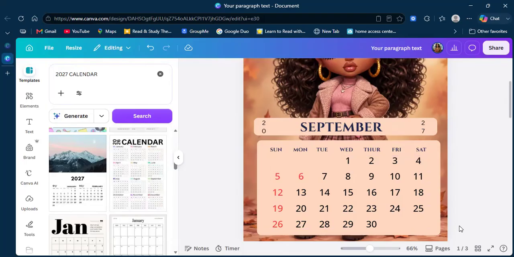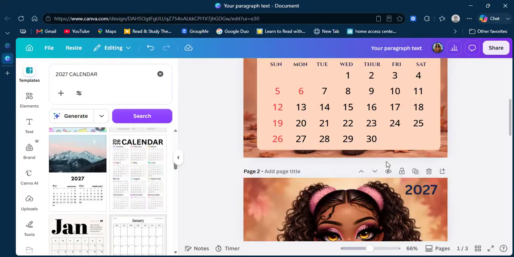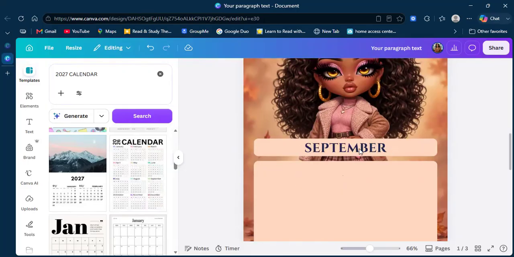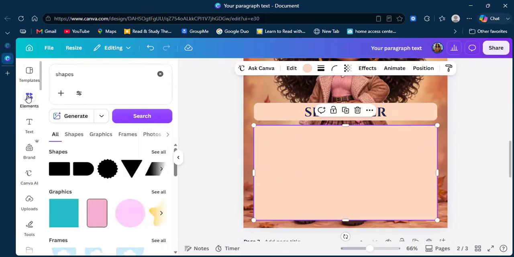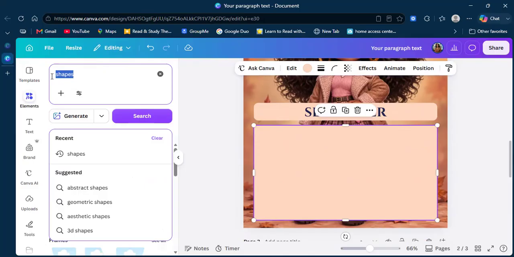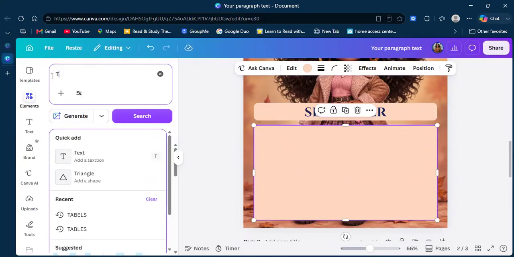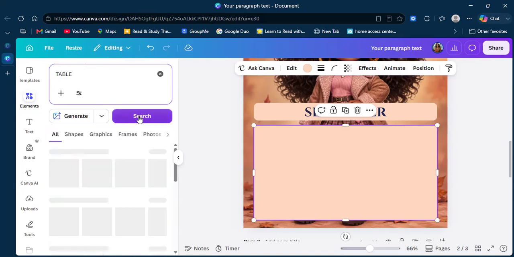So you will click on it, and then we'll go back to elements, and let's do, I think it's table. Search. Okay, so we can take this first one, right? We're gonna click on it. It's gonna come into our